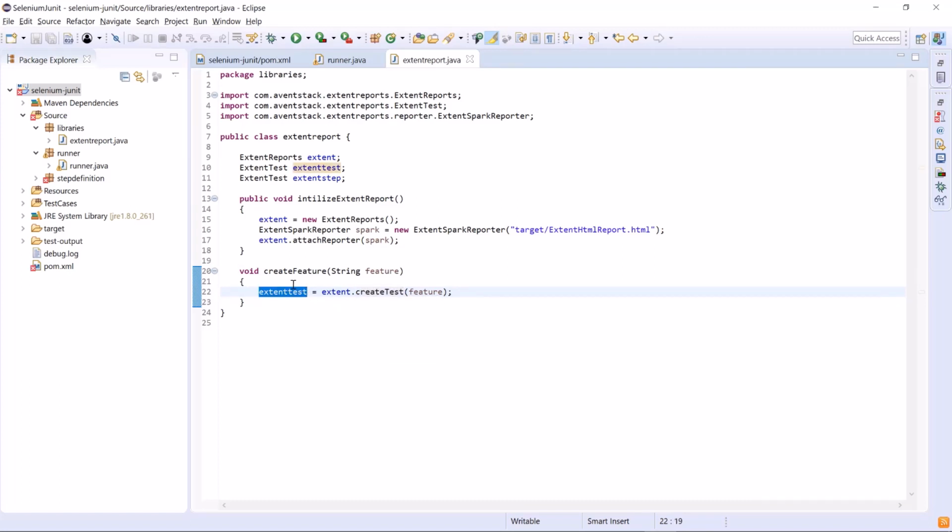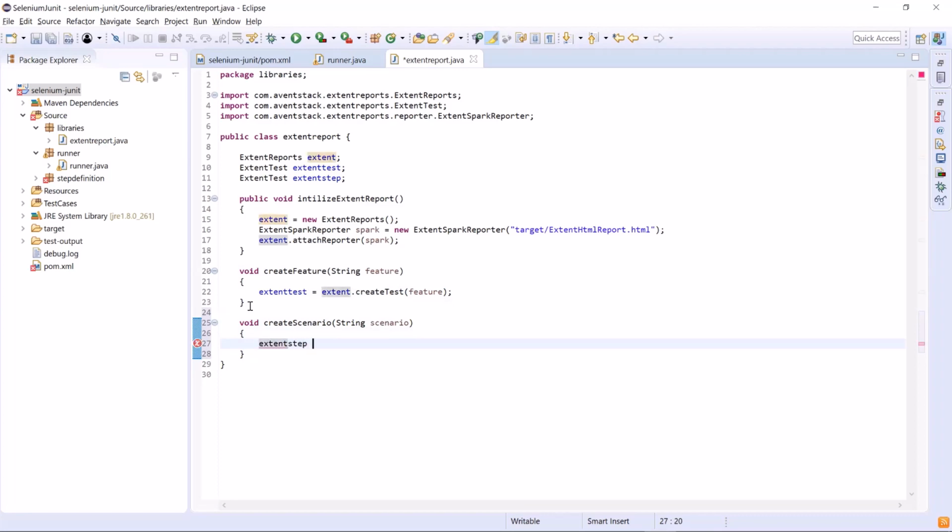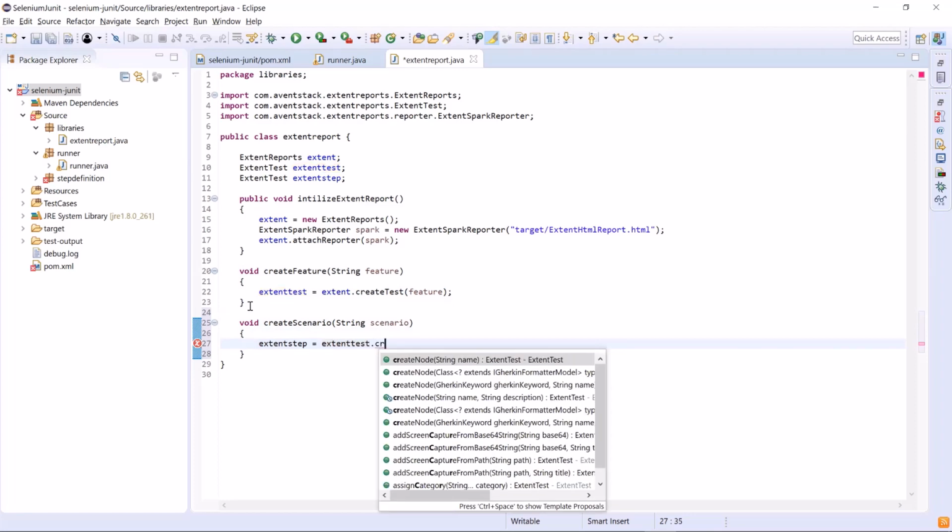And then with the help of the ExtentTest object, we can create multiple test scenarios under the same feature or test. And to create the scenario under a test, we'll create another method called createScenario, which will take the scenario name as an input parameter. And then I'll write extentStep equals extentTest.createNode and will pass the scenario as an argument.